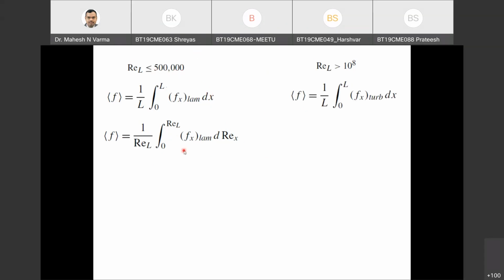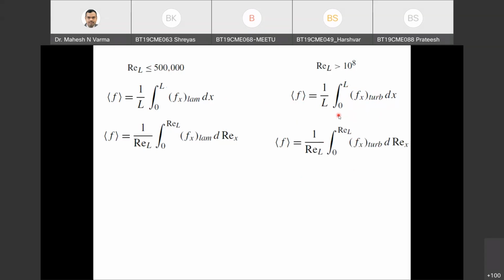Then I can just consider a turbulent flow, because the final value of Reynolds number is far greater than 500,000. So the contribution to the friction factor because of this is negligible. I can consider only the turbulent region throughout the plate, even though there will be laminar flow initially, but that contribution is very negligible. So here I can put just turbulent,